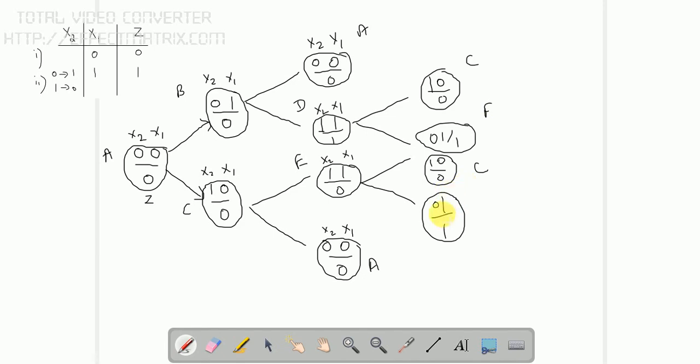At the same time, I have 0 1 by 1 here also, but I am going to consider only one state alone. So I am going to consider this state alone, and 1 0 by 0 is C. So I am not going to proceed further. I am going to take only this alone. Since my 1 0 by 0 is already present here, 0 1 by 1 is taken again. So the second element is changed and the first element is fixed. Similarly here, the second element is not changed and the first element is changed from 0 to 1.